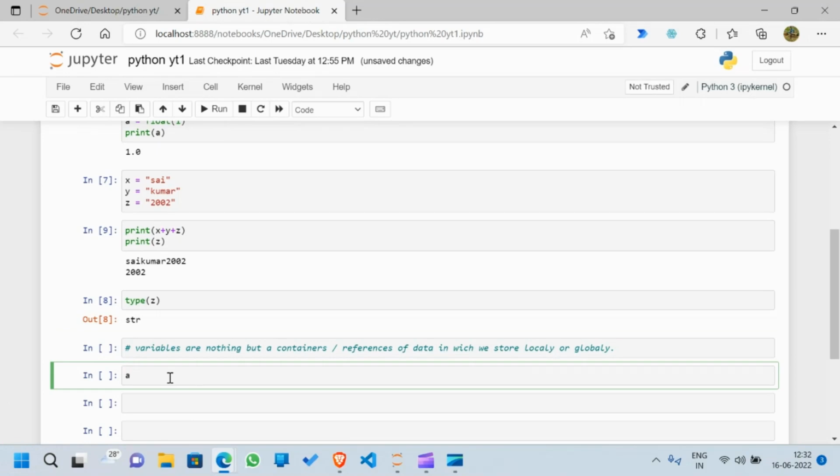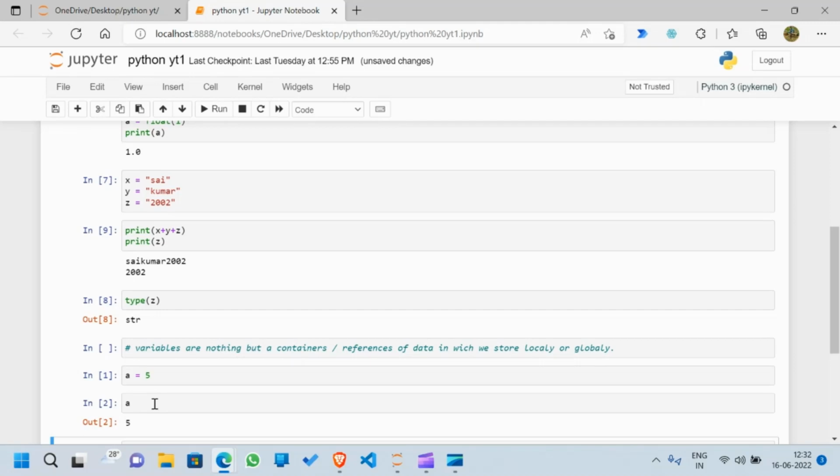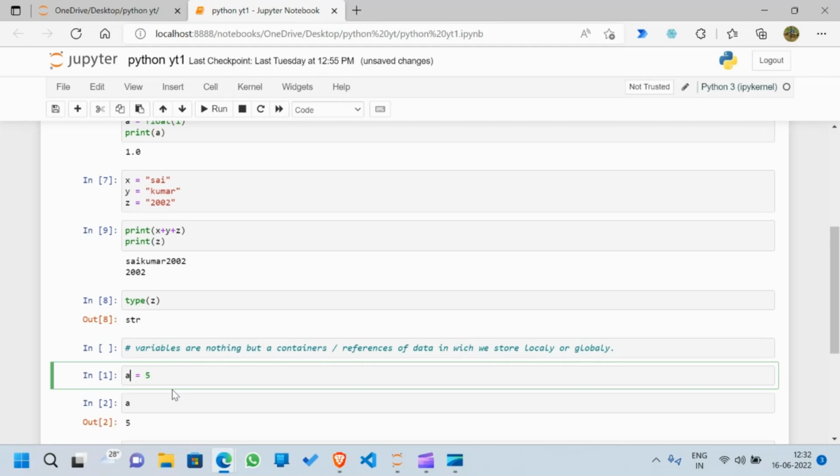So this is a variable which equals 5. Let me run it. Now A is our temporary variable, so 5 is stored in A. Now if I check the value of A, you can see here I got the output as 5. You can create any variable, whether it is A, B or anything, or you can even create multi-word variables also, like